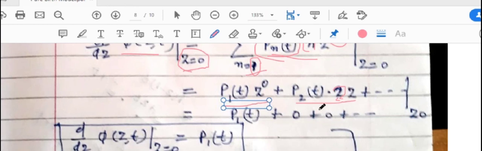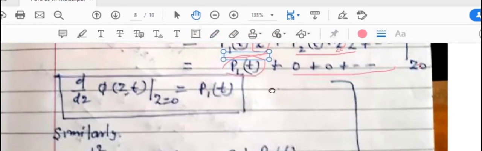This is 2z, and ultimately when you substitute z equal to 0, the z to the power n minus 1 terms become 0. Since every term involves z, when you substitute 0 only the first term remains, and the others are 0, 0, 0. So ultimately we have, at z equal to 0,